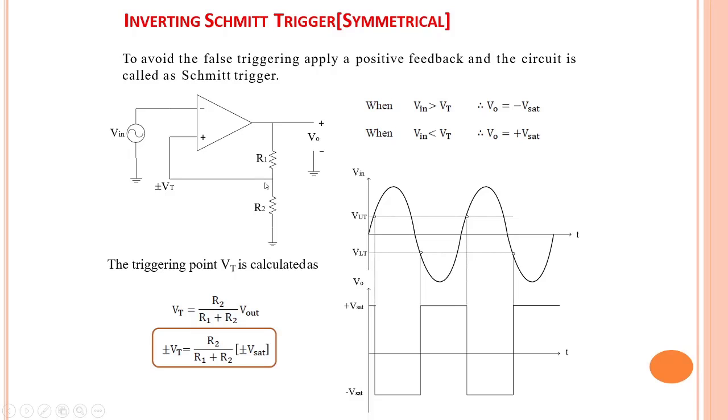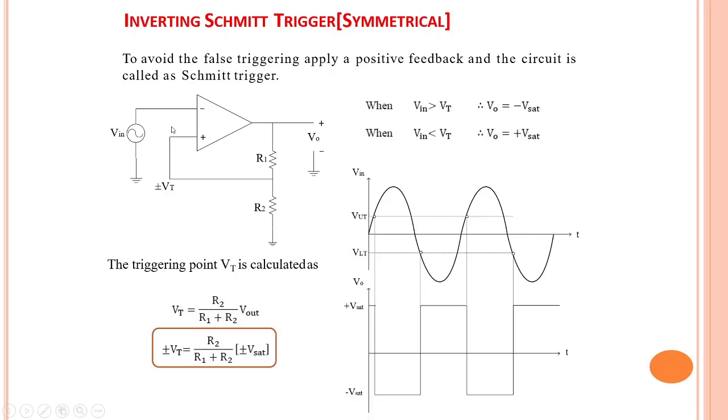The potential drop across R2 can be given by Vout into R2 divided by R1 plus R2, with Vout equal to plus Vsat. That will be plus Vsat into R2 divided by R1 plus R2, which is also denoted as VUT, the upper threshold point. So whenever the input voltage applied to the inverting input terminal becomes greater than the voltage at the non-inverting input terminal,